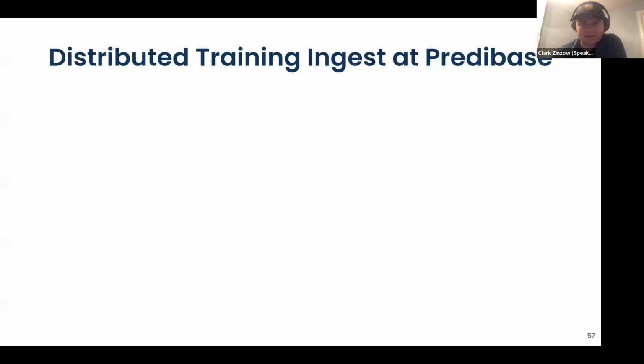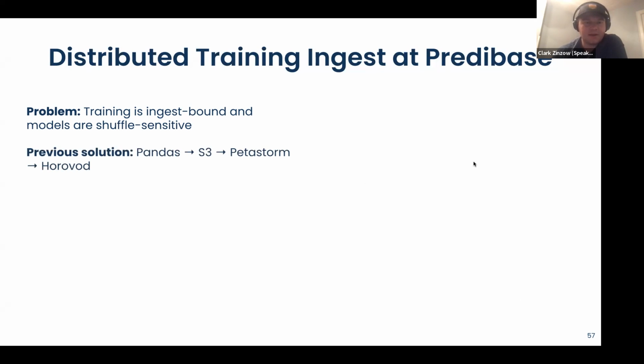So a quick zip through some case studies. First, distributed training ingest at Predibase, which is an ML platform company. They had an issue where their training is ingest bound and their models are shuffle sensitive, so they want to have a per epoch shuffle. Their previous solution was going from pandas to storing in S3, then loading from S3 with Petastorm, which is a data loading solution, open source from Uber, and then ingesting from Petastorm into Horovod, which is a distributed training solution. And the Ray solution that we pitched and that they adopted was using Dask on Ray,